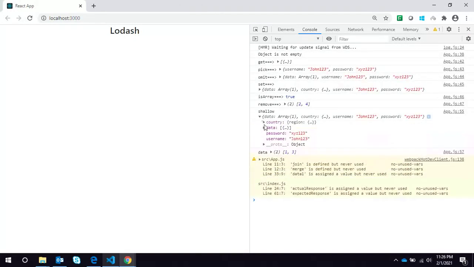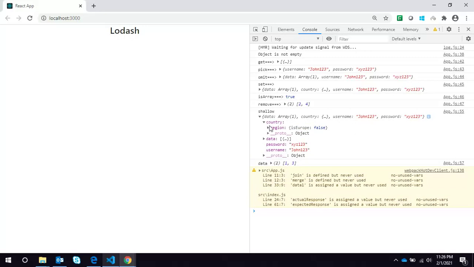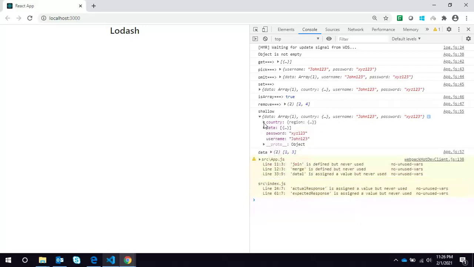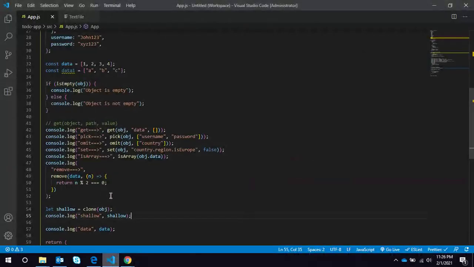You can see it's returning the copy of our object. Now we have one left, join.